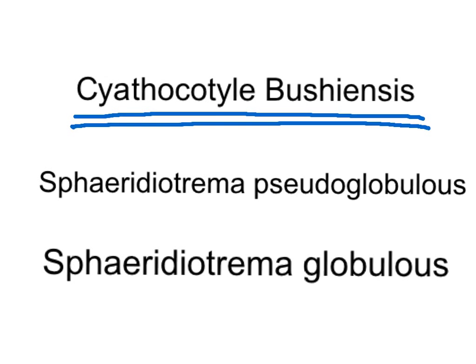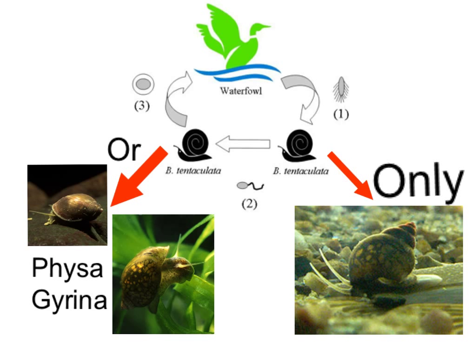The snails could potentially be infected with parasites such as Cyathocotyle bushiensis, Sphaeridiatrema pseudoglobulus, and Sphaeridiatrema globulus. The parasite's life cycle requires them to use snails for 2 out of the 3 hosts. The first host is the faucet snail, which is an invasive species that originated from Europe. Once the parasites shed from these snails, they need to find another snail in order to be passed on to